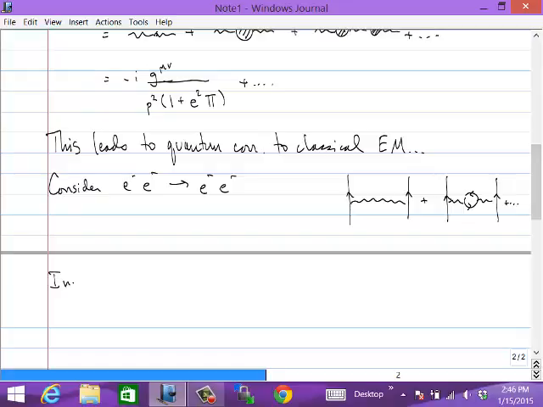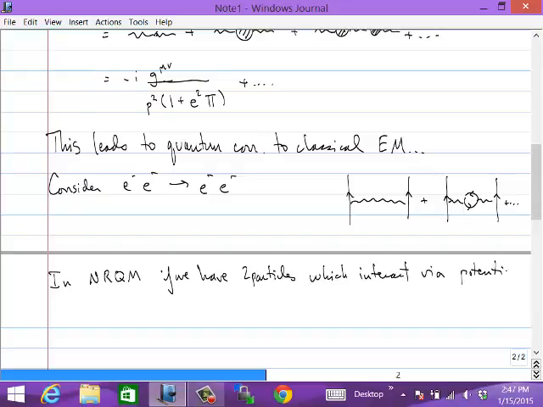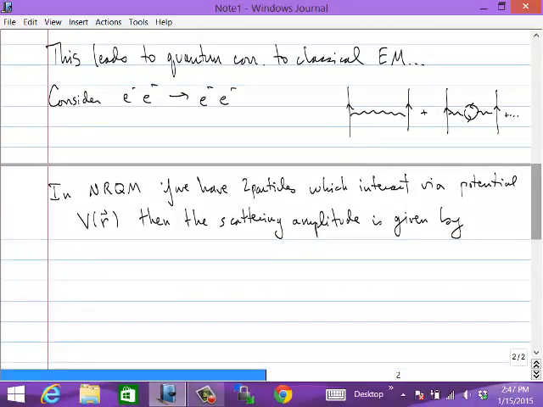Okay. So in non-relativistic quantum mechanics, in standard quantum mechanics, if we have two particles which interact via some potential that depends on the distance between the two particles, let's call that V of r, then the scattering amplitude is given by a very simple formula, sometimes referred to as the Born approximation,